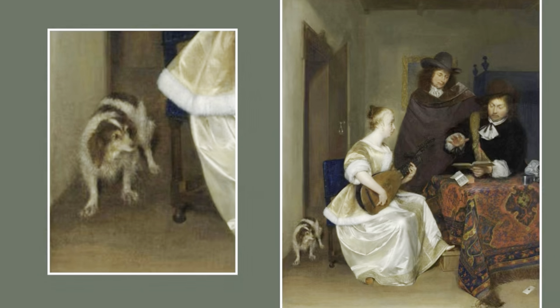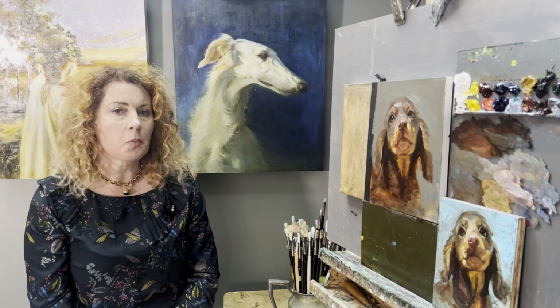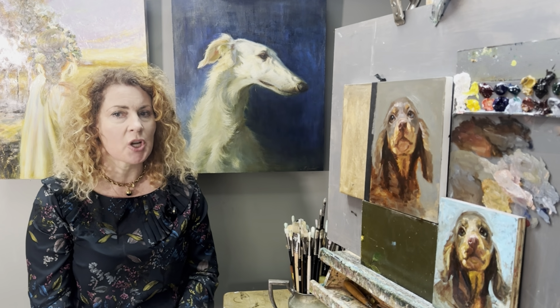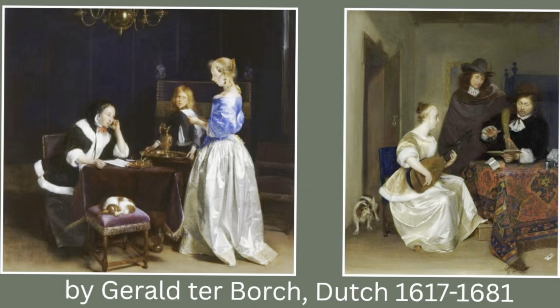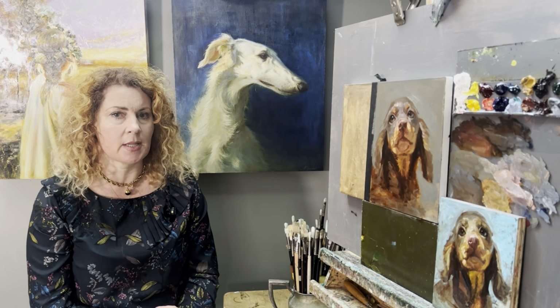In the second painting, the dog is wide awake, but placed in a dark corner, foreshadowing the dubious intentions behind the so-called music lesson. Terborch's mastery shines through his textures: silk, fur, velvet, wood, painted with loving attention to every detail so characteristic of